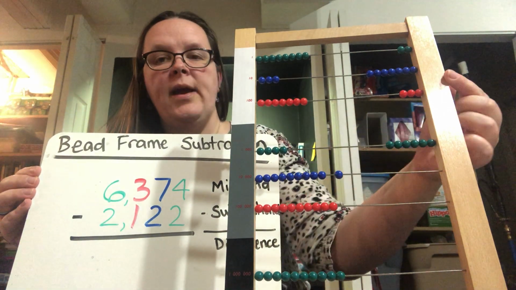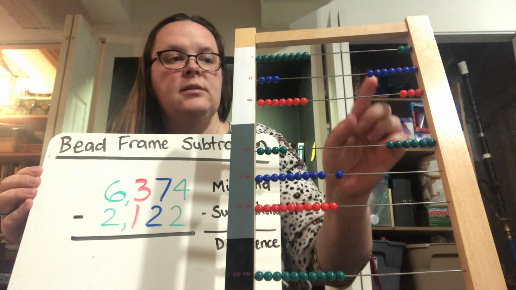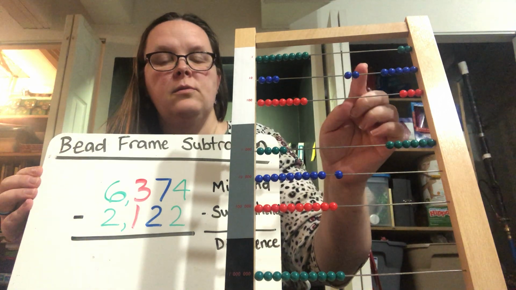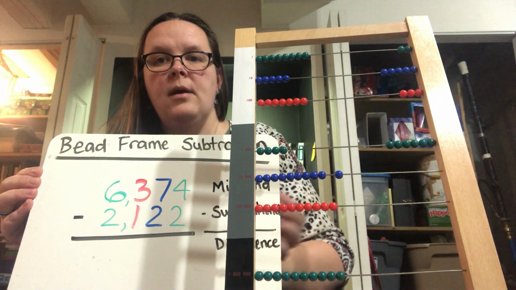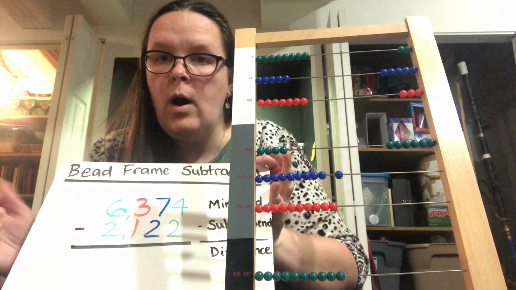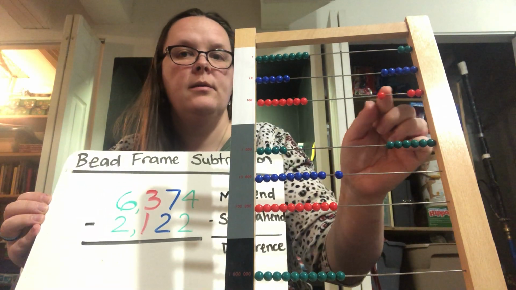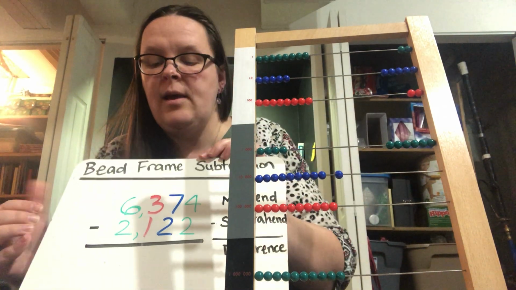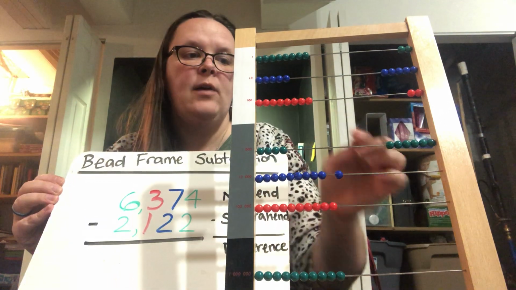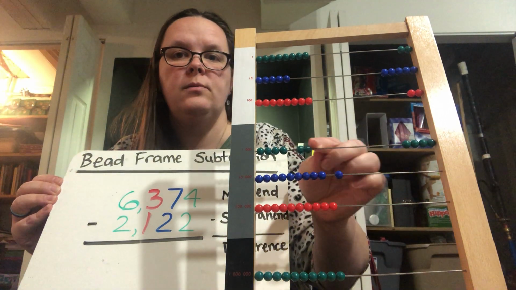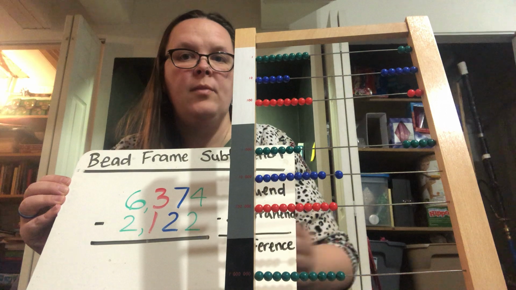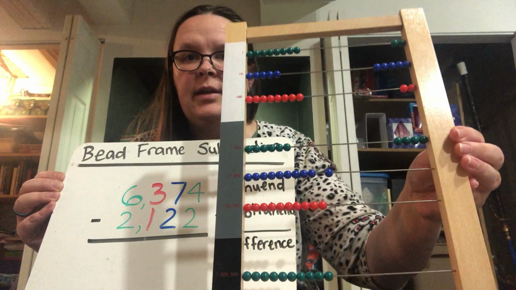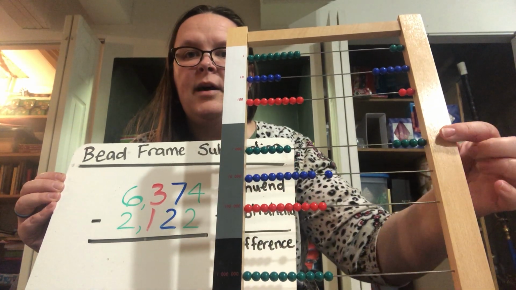Now I'm going to take away 2 tens. 1, 2. I'm going to take away 100. And I'm going to take away 2 thousands. 1, 2. And what I'm left with, if you can see, it's not the best background here, but what I've